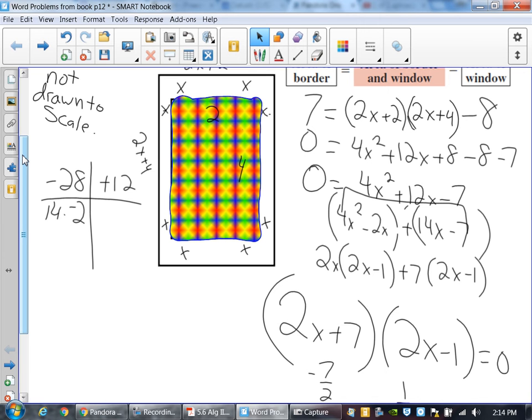So, like I said, a lot of these things, we're going to be setting them up to factor. We're going to set them up to use the quadratic formula a lot. Or we're going to set them up to use intercept form. Intercept form is one of the easiest ways to find max and min values for quadratic style problems, especially when they look like numbers